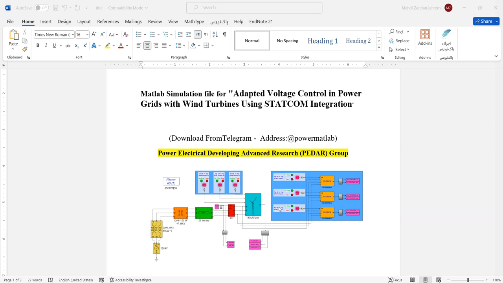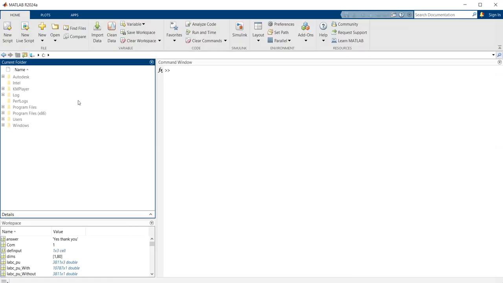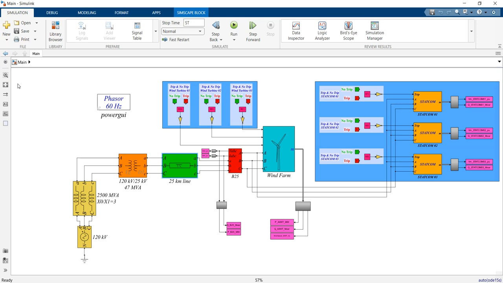So if you want to open and run this simulation file, like the previous training course, you should go to the Matlab file which is placed here, copy this link address and paste it in your Matlab software by pressing the Enter key. You can call all of the simulation files in the current folder of Matlab software. By double clicking on the main simulation file,